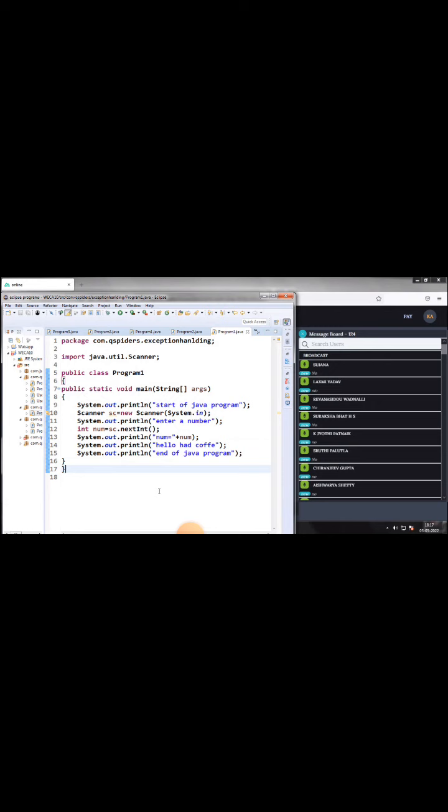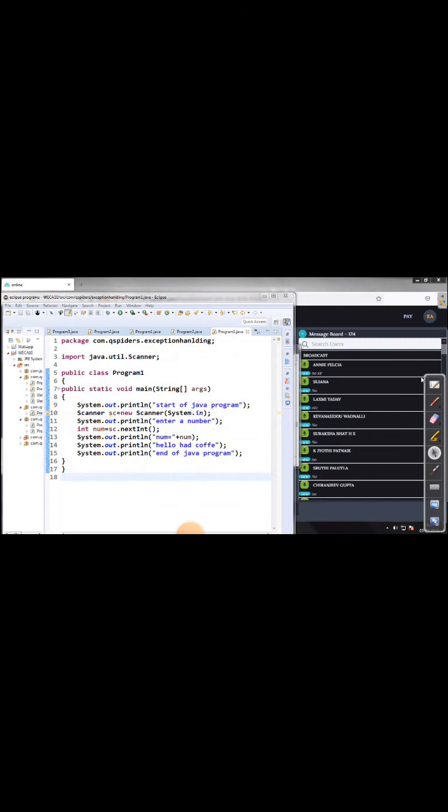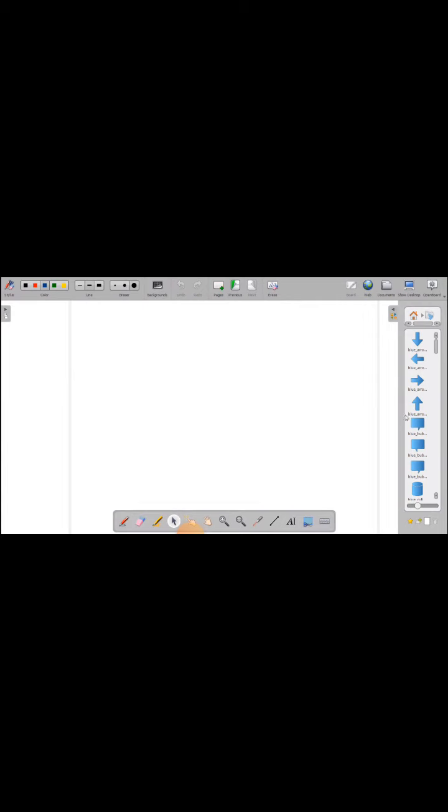Okay. Now, how did the JVM detect this exception? What is the background of the concept? How exactly was the JVM able to identify this? Listen carefully. In the world of Java, everything is objects. So, this is a Java program. Inside the Java program, if the JVM encounters any risky line of code,